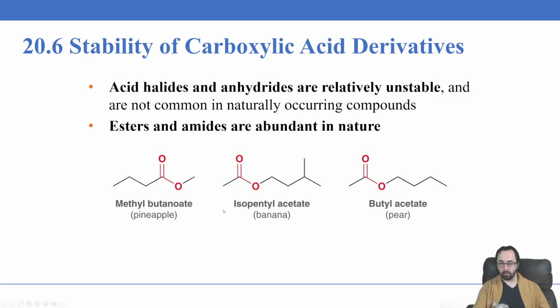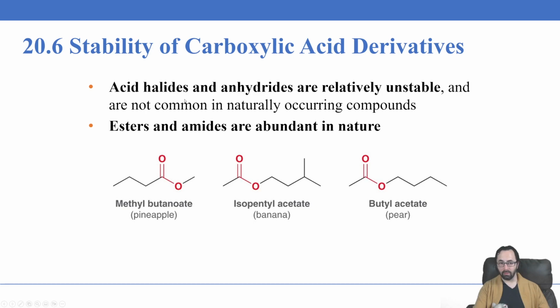So we know that groups that have a negatively charged oxygen atom, such as hydroxide or methoxide or any alkoxide ion, stabilize the negative charge okay, but not all that great. A better leaving group would be a leaving group like water, which would leave as a neutral molecule instead of a negatively charged alkoxide ion. So when it comes to esters and amides, these tend to be quite stable compared to acid halides and anhydrides,